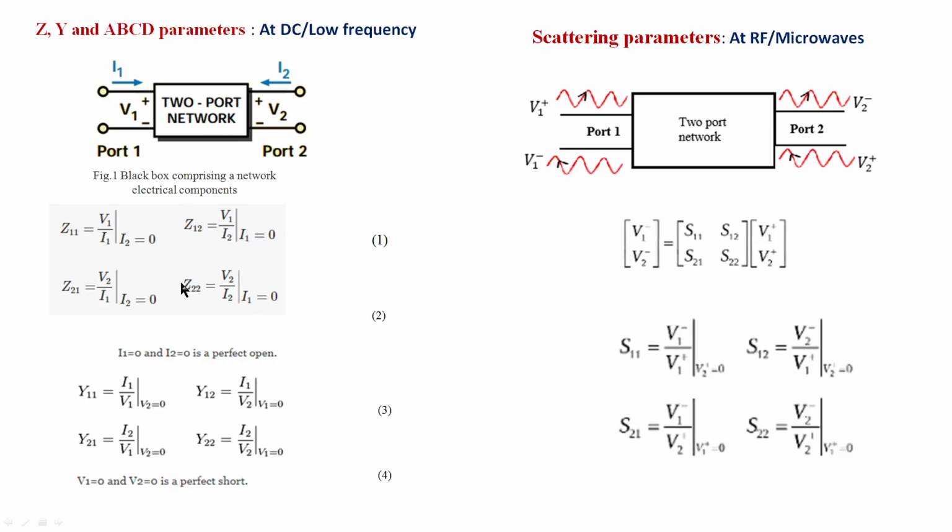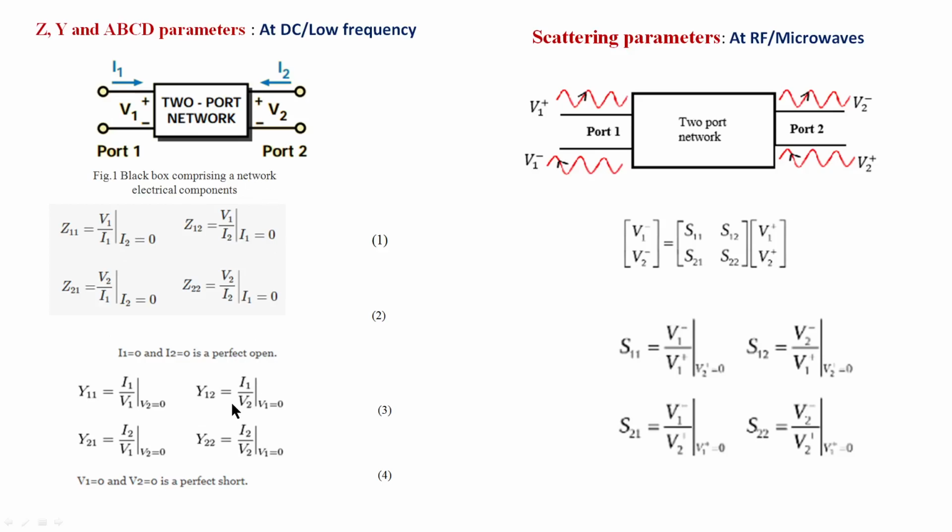Similarly, open circuit also we cannot use at RF and microwave, because if you keep these two terminals open, there is a stray capacitor again. There is a stray capacitor between this and this, and some other conductance may also come. Because of that, whatever you measure here may not be the exact impedance. At RF and microwave frequency, that is a problem. So if we cannot measure Z properly, we cannot measure Y parameters properly at the RF and microwave frequency range because of these problems.